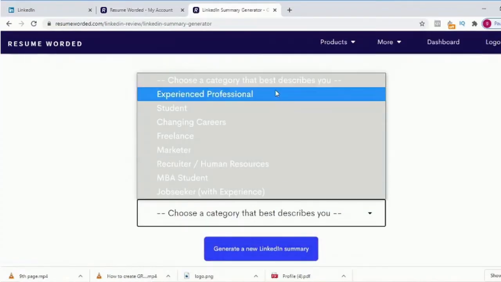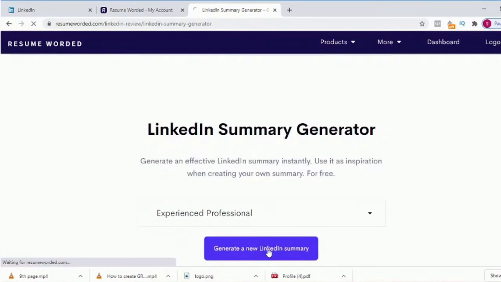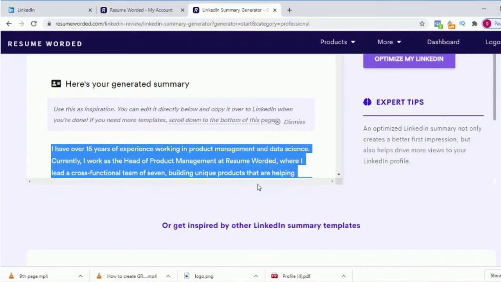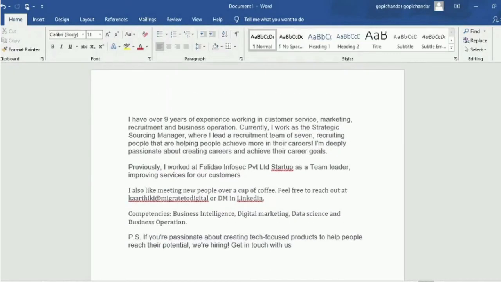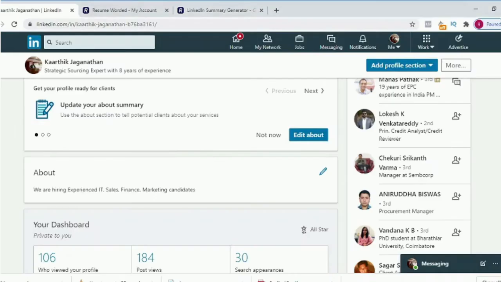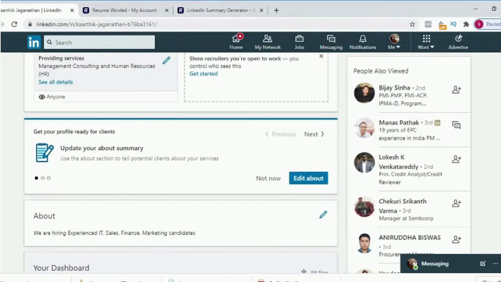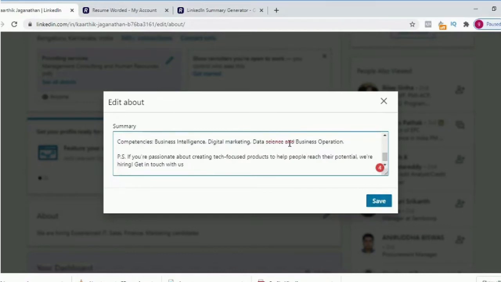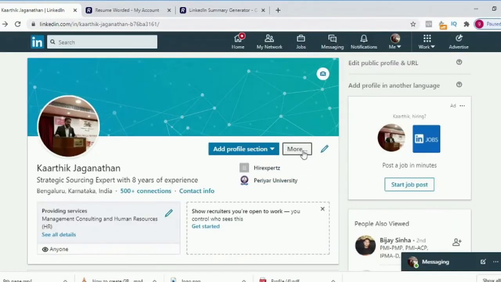Using the LinkedIn summary generator, I am generating a new summary for my LinkedIn profile and editing it in the Word document. After editing, I am going to my LinkedIn profile, doing a grammatical check, and I am uploading it there, and I am saving a new profile in a PDF format. So I am clicking on edit, removing my old summary, pasting my new job profile summary, doing some grammatical corrections there in my summary, and I am saving the profile. Now I am downloading this in a PDF format.